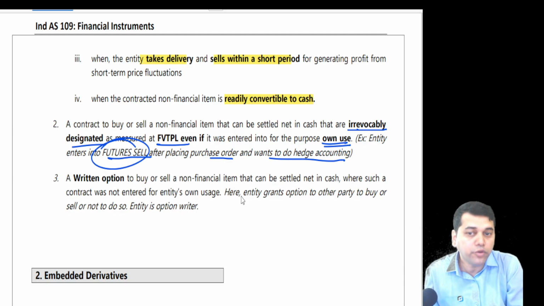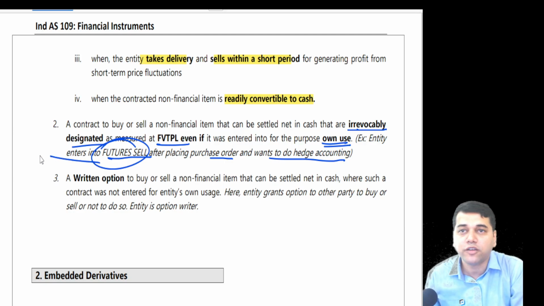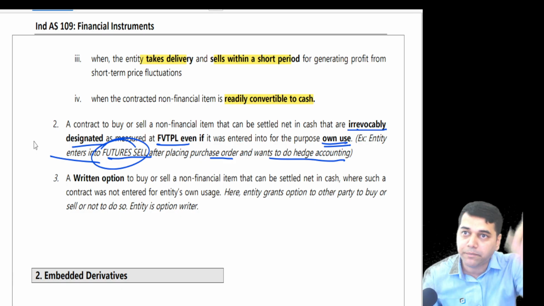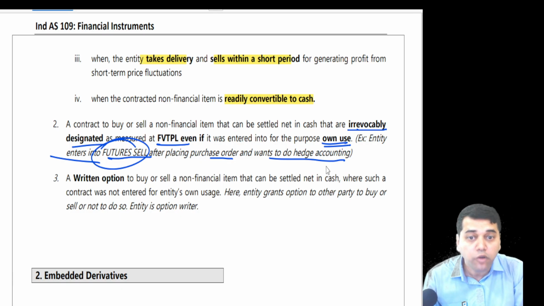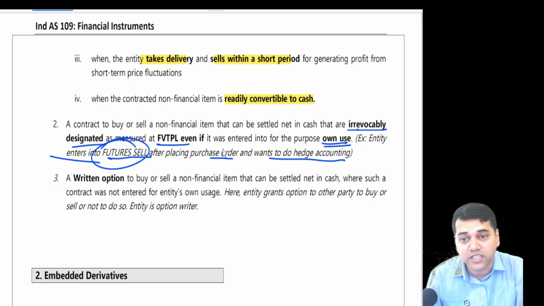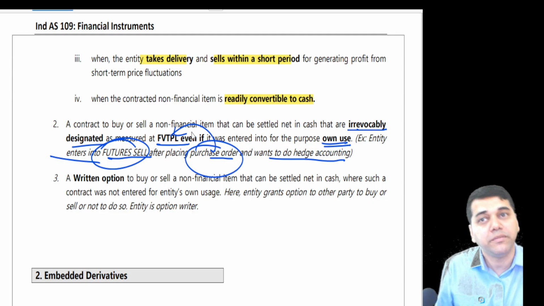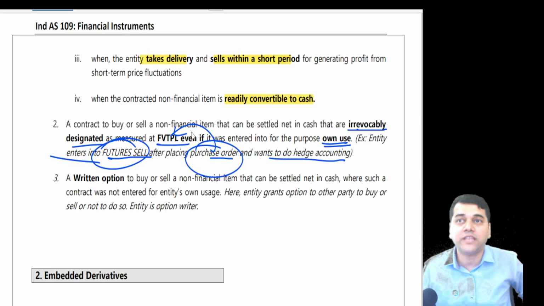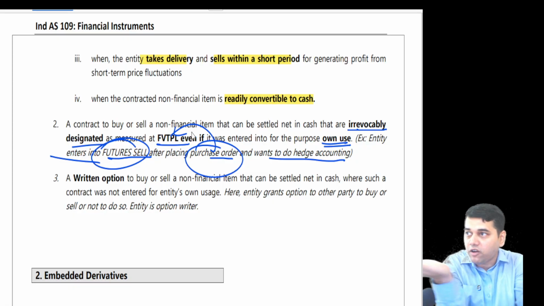Now, what you can do, future sell contract you have to account, correct? No, because it is a derivative, MTM is going to happen there. But did you account purchase order? No, it is for your own use. But what you can do, you can designate this purchase order as FVTPL. That means you can treat it like a derivative contract so that two derivative contracts will offset each other and